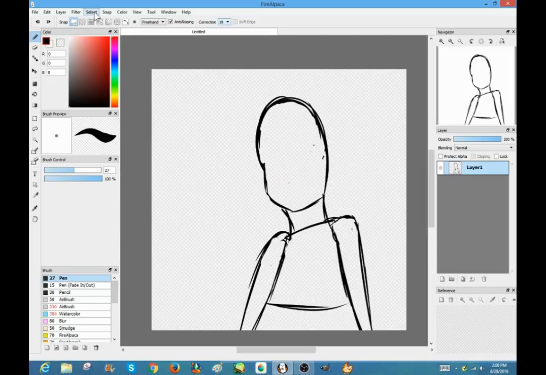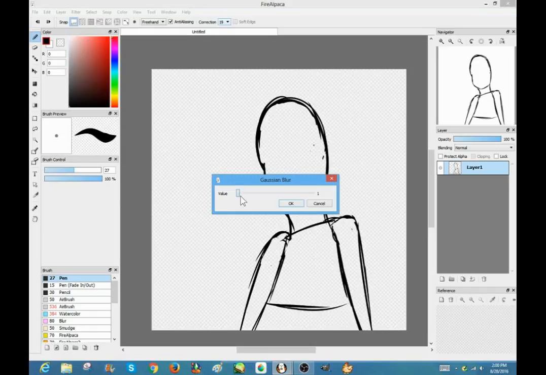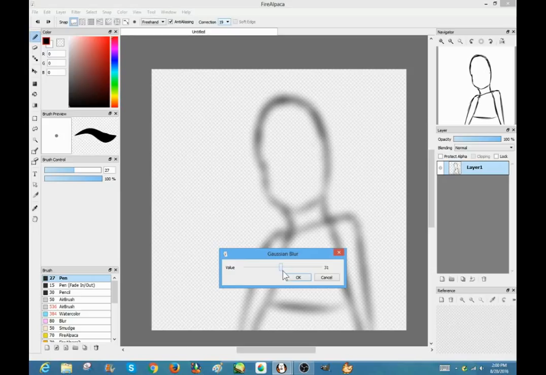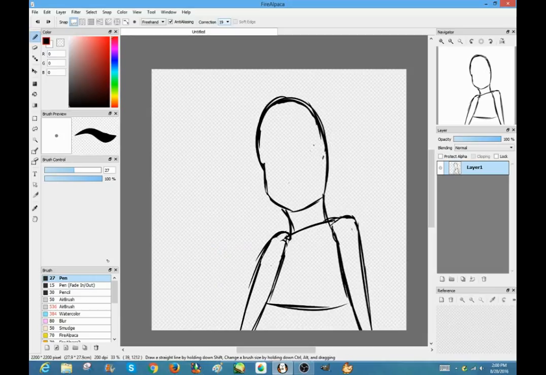And it does have filters, like gauze, cyan, blur. I don't know. So you can make your drawings all blurry and stuff, which is not cool if you can't do it right. Over-blurring things is a pet peeve of mine. I used to do that all the time, so I'm not totally innocent, but